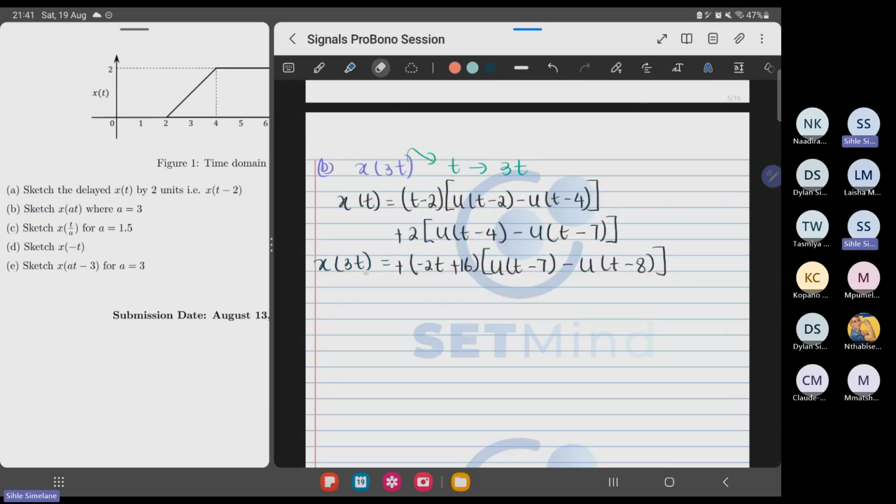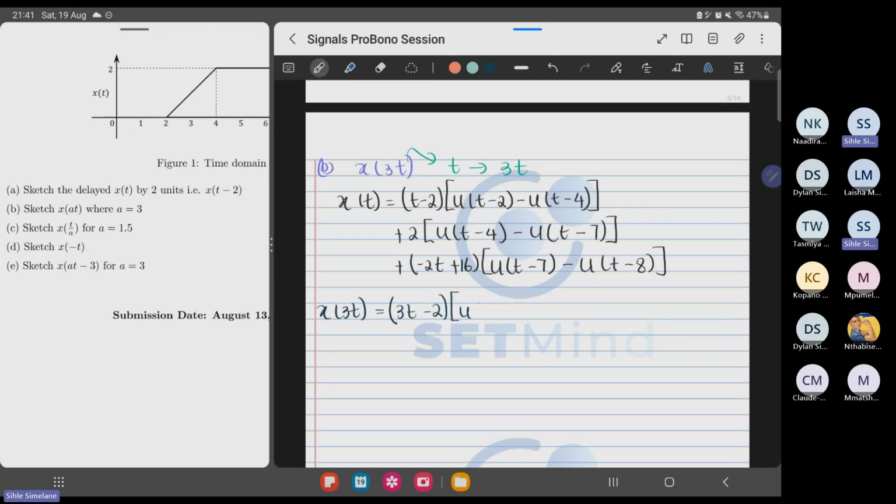So that's my x of t. And now I need to do my x of 3t. So which means wherever you see t, make sure that you put 3t. So what we obtain there is 3t minus 2